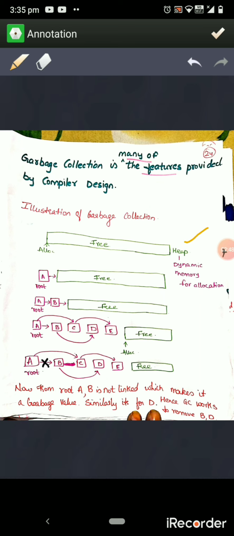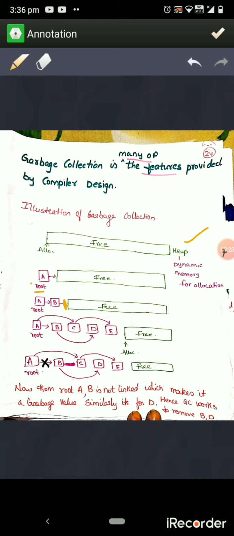At the top I have a heap which is initially free. Then I have used a memory space out of it for a variable A, and because it's the first variable in the heap, it becomes the root. Then I have allocated another variable B, and A is linked to B. Eventually I'm adding C, D and E to the heap.